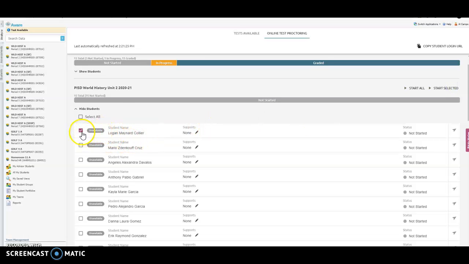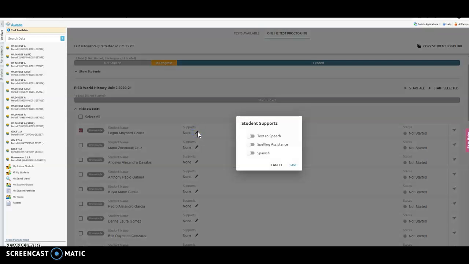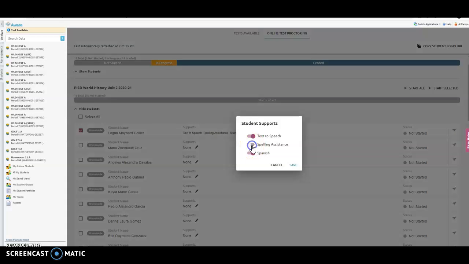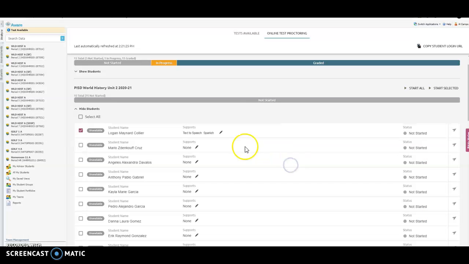Now I'm going to show you how to turn on supports for students. Right now, currently there are no supports for these students. So the text-to-speech, the Spanish, and the spelling assistance is turned off. If you go here to this pencil, the student supports will pop up, and you can click whichever ones you want on and then hit save. So the student is going to have text-to-speech, spelling assistance, and Spanish. If I wanted to turn one of them off, you just go back in, turn it off, and it just